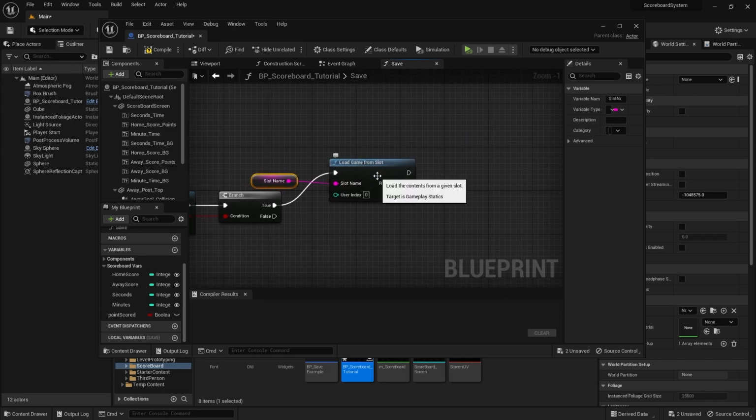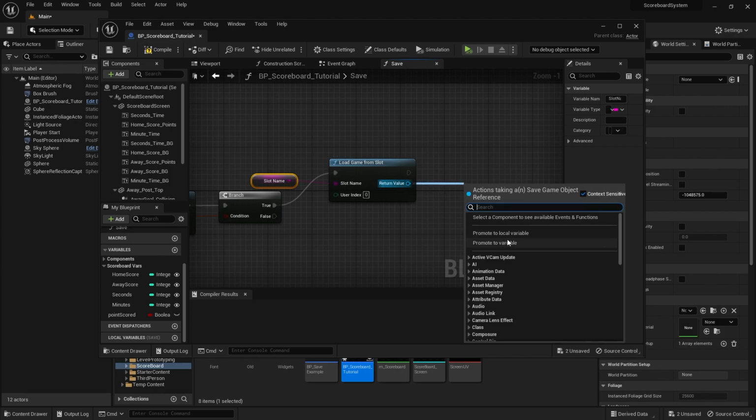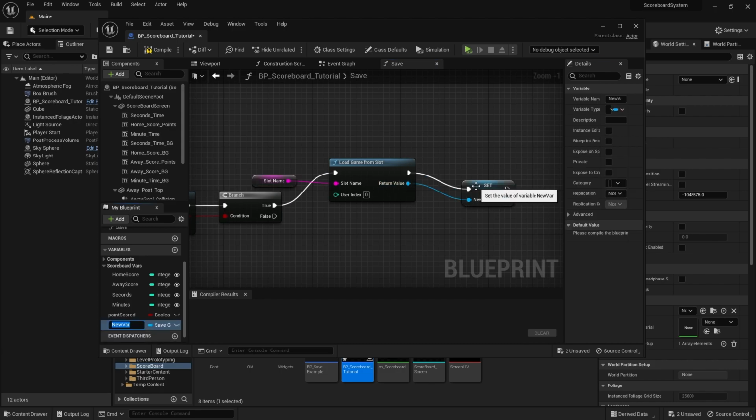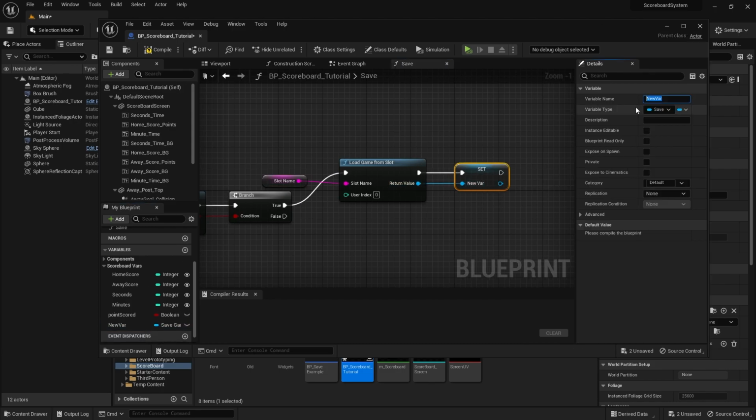Then the next thing I would do, from the return value of the load game from slot, I will promote this into a variable. I'm going to rename this variable as a save reference, so I could use the save reference later on when I need to.